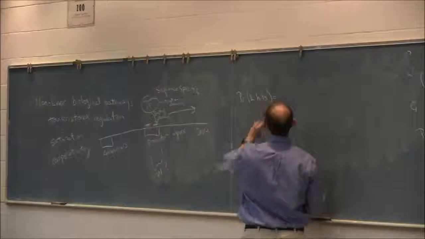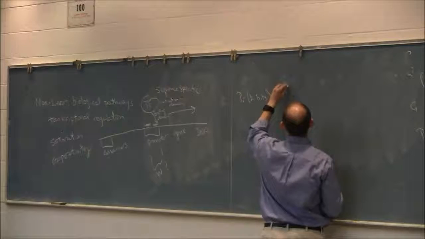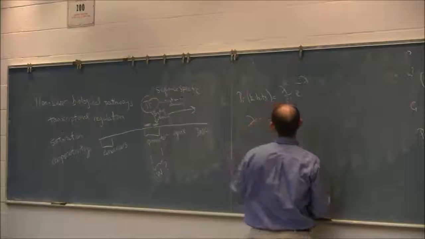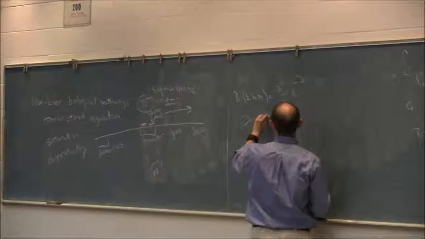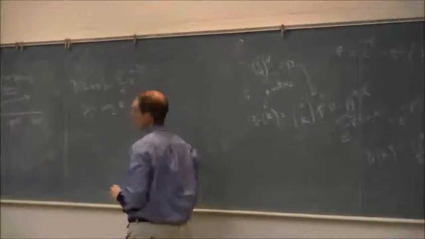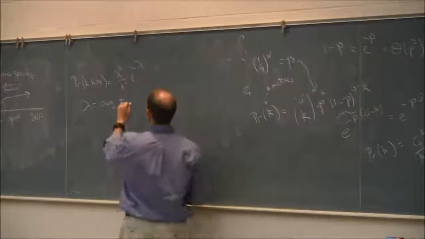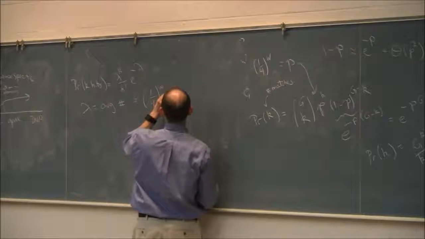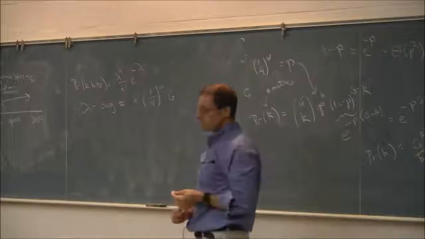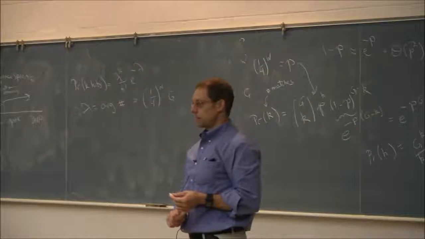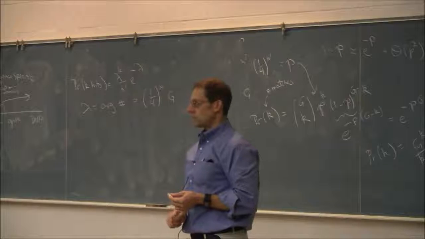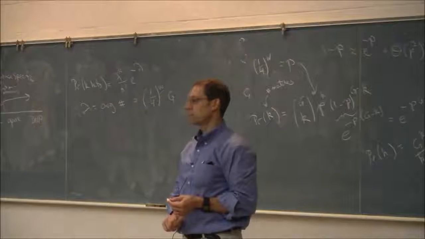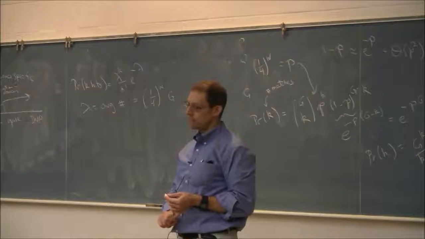So we have the probability of k hits is equal to lambda to the k over k factorial e to the minus lambda, where lambda is equal to the average or the mean or the expected number, which is 1 over 4 to the w times g, where g is the length of the genome. So then, just as a rule of thumb, let's say that we want this to be less than 1. We want less than 1 hit on average to give us a ballpark figure.